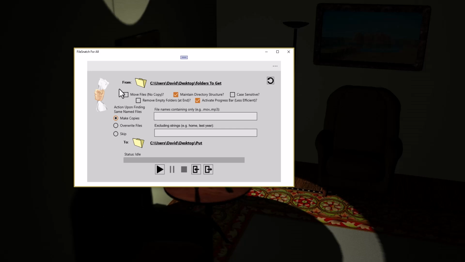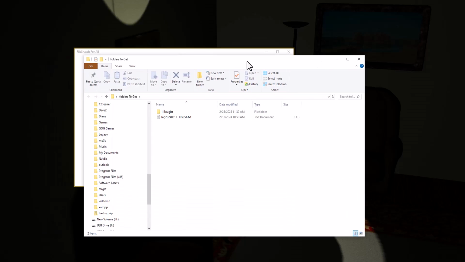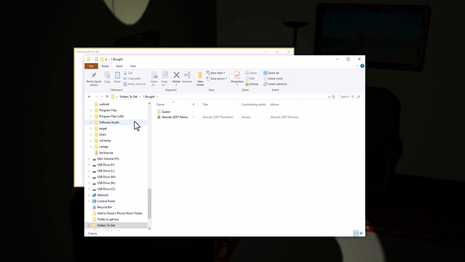Then you have a host of buttons. We're going to skip over those for the moment. So let's take a quick look at our "folders to get" folder first. Here it is. I have a text file, and a folder called "bought," so in this case I'm looking at all my bought MP3s, where I have a Queen folder and an Abacab, and I'm going to expand this out just so you can see that's an MP3. And in the Queen folder